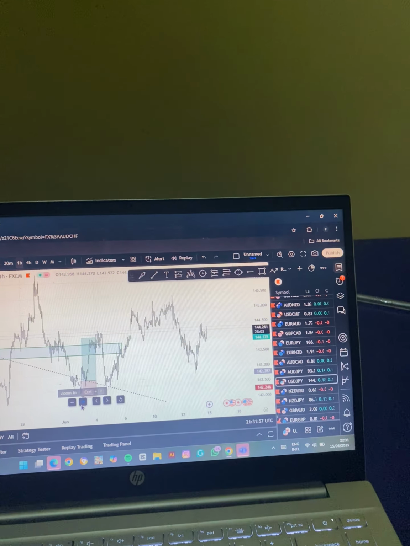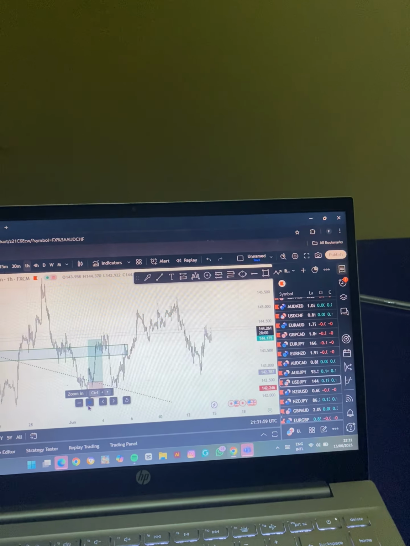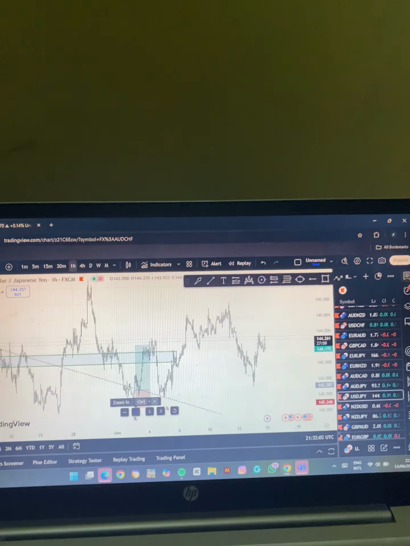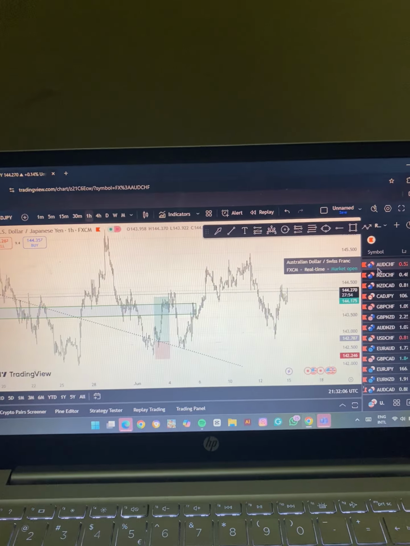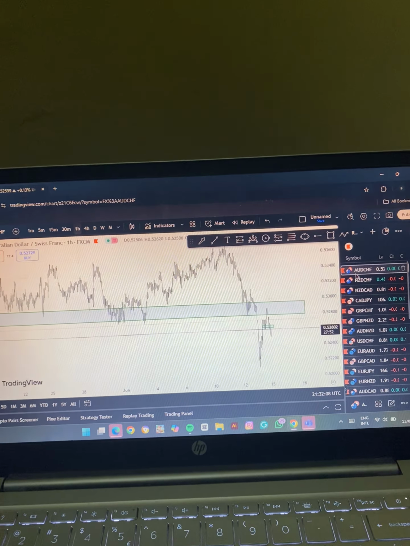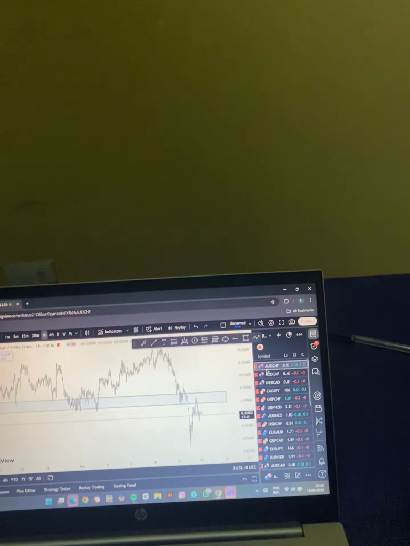I need to start taking my trades on, because I'm actually that guy. I don't know why I'm not taking the trades, but it is what it is. I'm getting there, part of the journey. So the trade for this week is